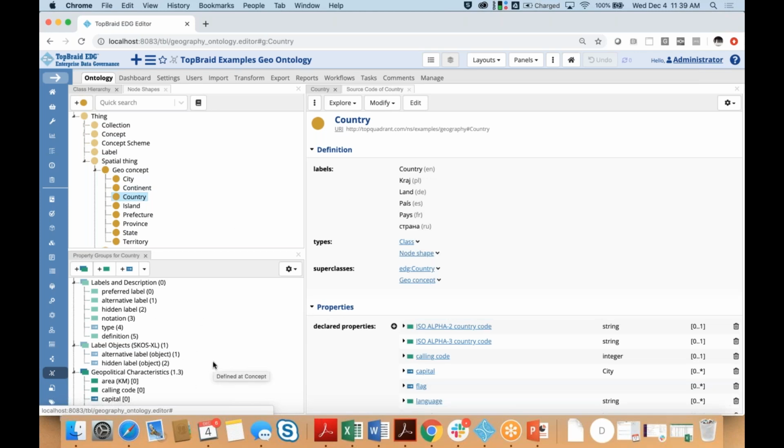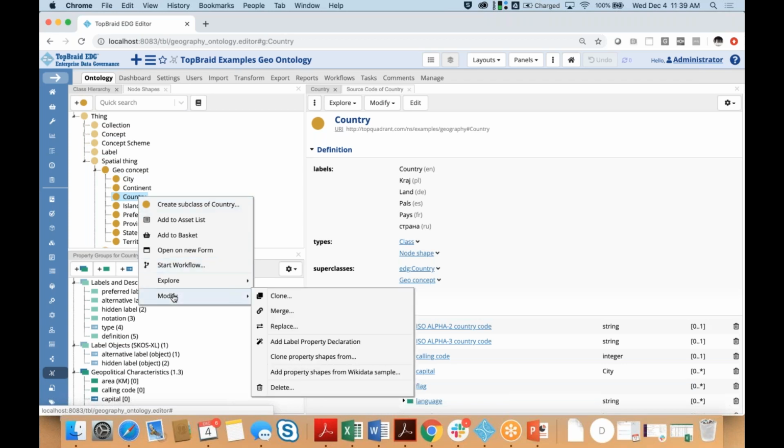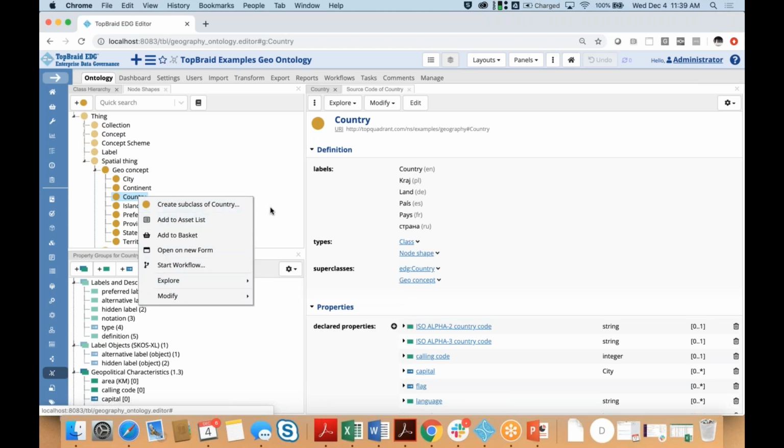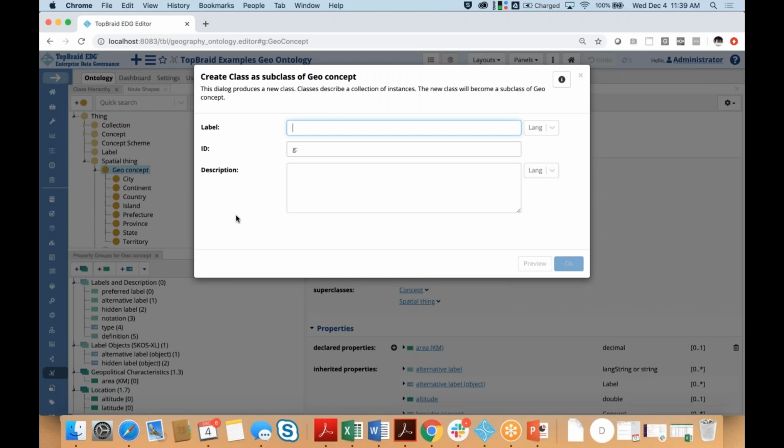And then below you see a panel that lists properties that are defined for this class, and also allows you to add new ones. So right off the bat, some of the new features, you have the right-click menus. So if you wanted to create a subclass, you could do it right here. You could also have access to various actions. That's something that we've been asked for quite a while. So let me use that to create a new subclass, and I'm gonna create ocean as a